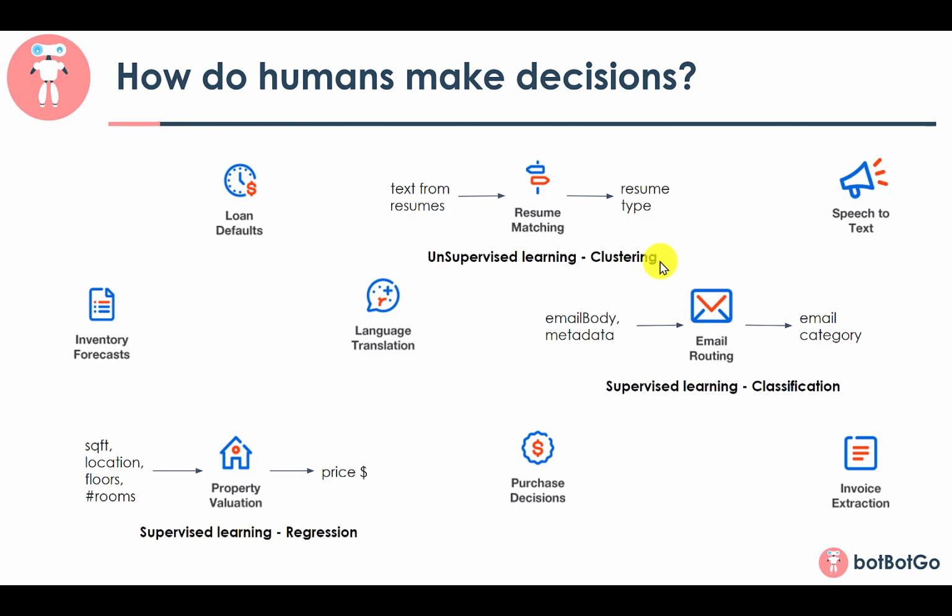So I hope now it's clear how different kinds of models work and what kind of inputs might be needed. There is also a third category which is called reinforcement learning. And in case of reinforcement learning, you try to penalize the model every time it makes a mistake.